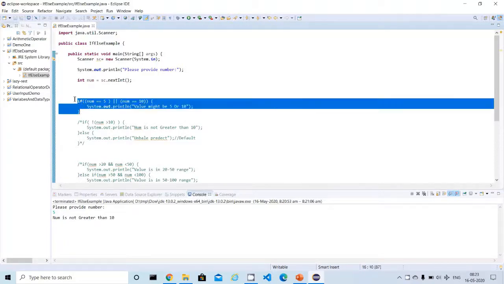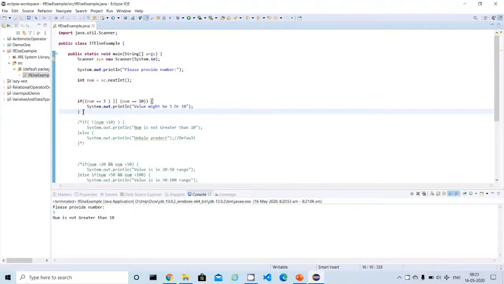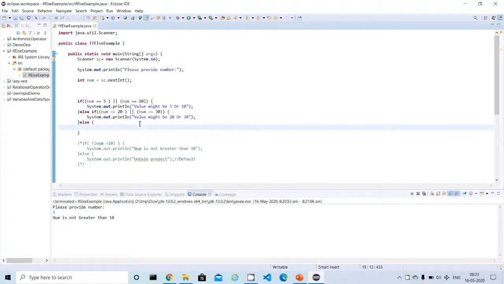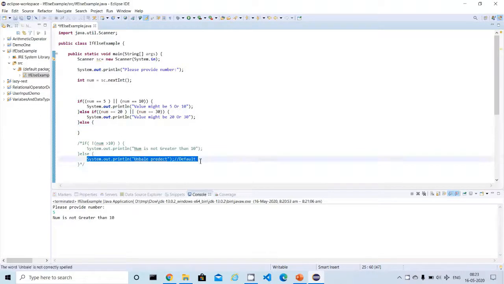I'm going to write another check, 20 or 30. This is one of the checks, and the default condition I'm going to write here: unable to predict. So I will just copy and paste it.